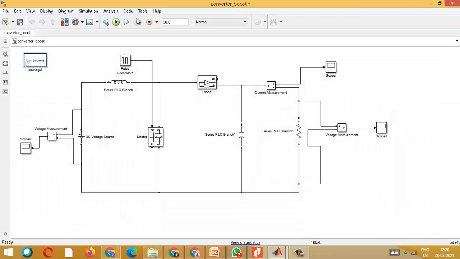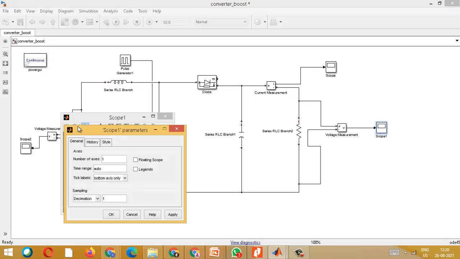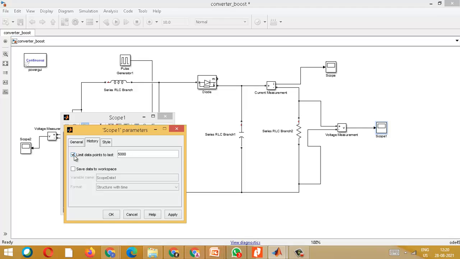I will just stop it, because one more thing we have to do is name the signals and bring the data to the workspace. First untick this, then save. This is your output voltage, so I am saying it as OV, output voltage. Just apply, come out.